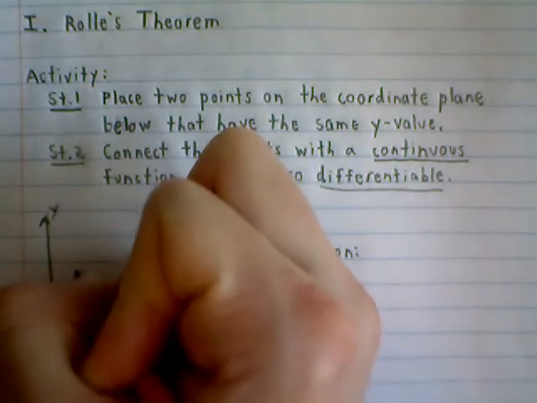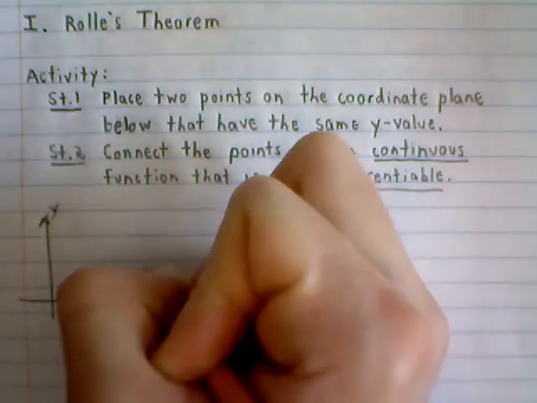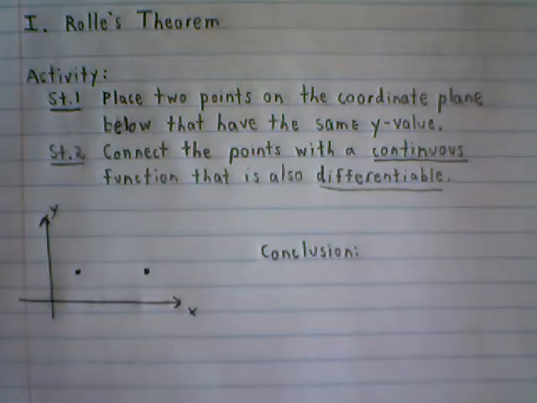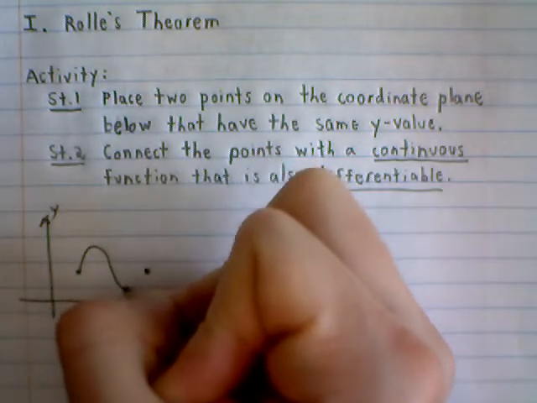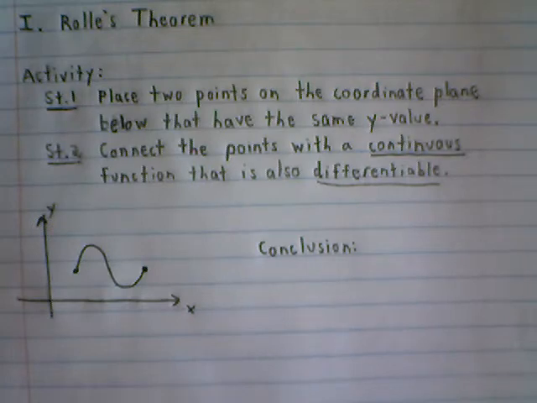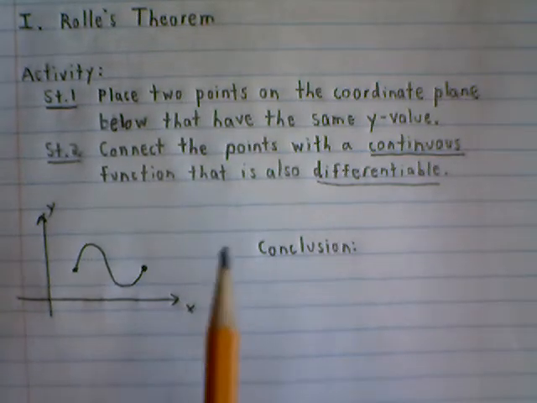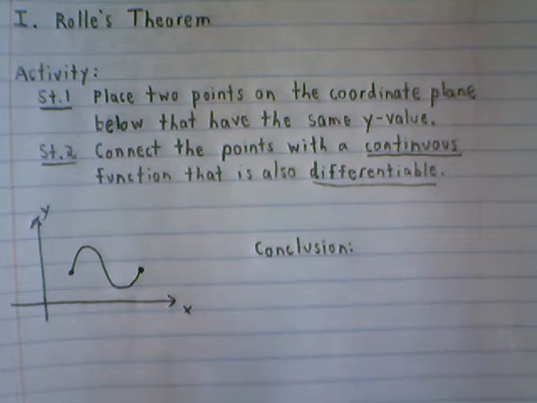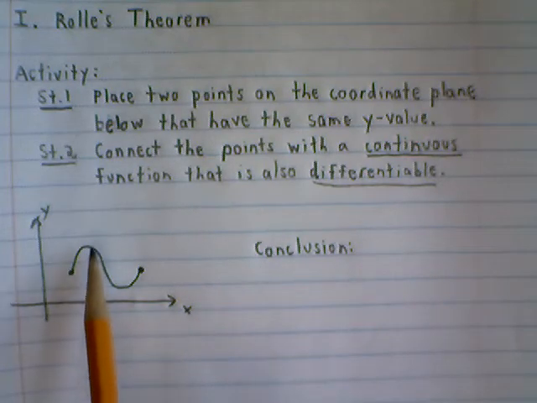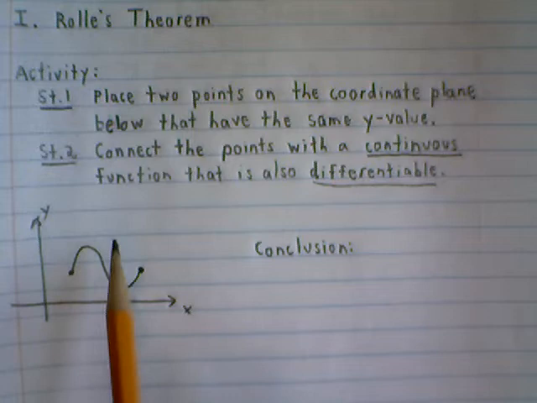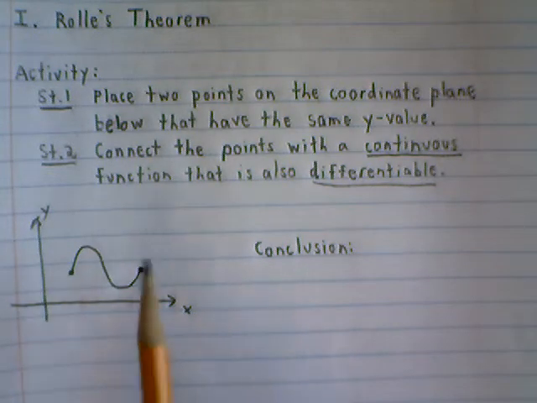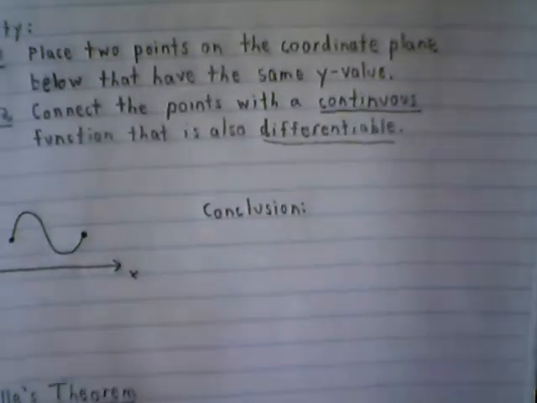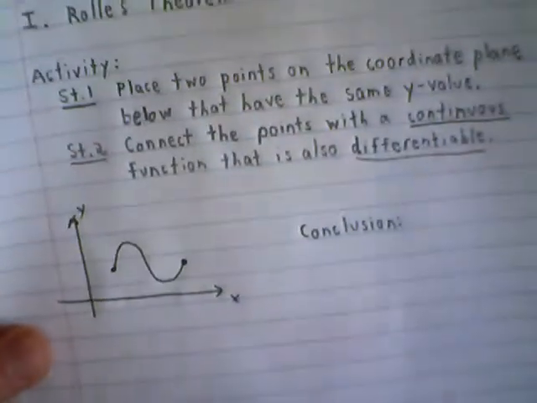Alright, so I need the function to have the same y values. The function has to be continuous and differentiable, so I don't see any sharp turns. It's continuous and differentiable. So now when I look at this graph, I see that there's at least one place where I have a horizontal tangent line, where the slope changes from positive to negative, or over here negative to positive. So a conclusion that I can make now by looking at my graph is